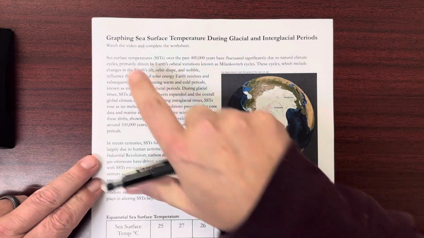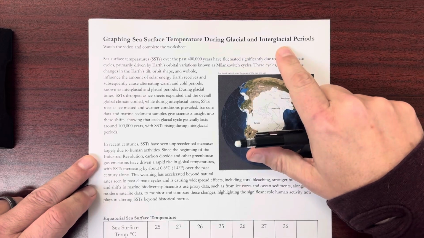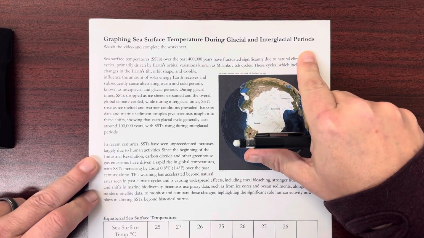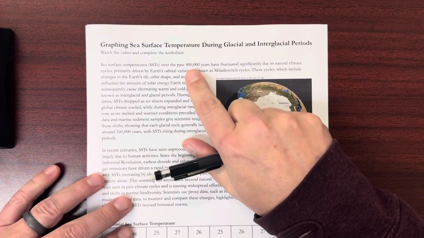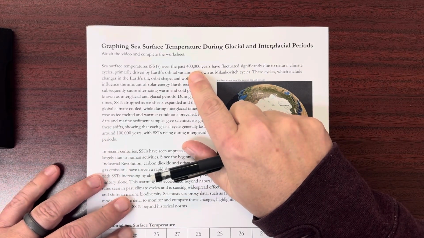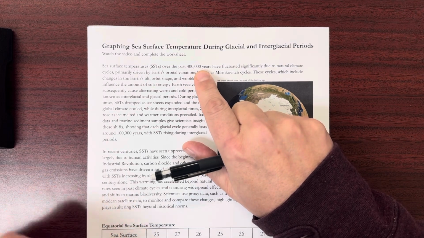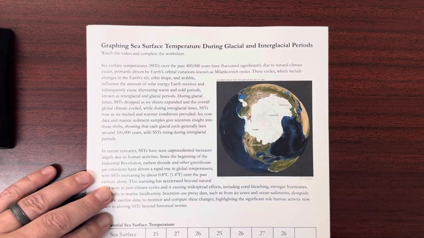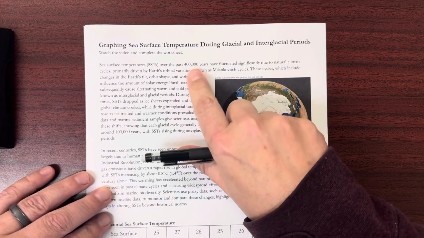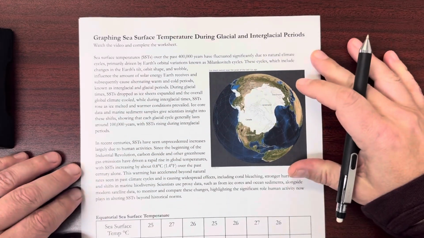Hello, today I'm going to go over graphing sea surface temperature during glacial and interglacial periods. So what we're looking at is approximately the last 400,000 years of Earth's history. As far as how old the Earth is, which is billions of years, right? This is kind of a small period, but during the last 400,000 years, we've gone into and out of periods